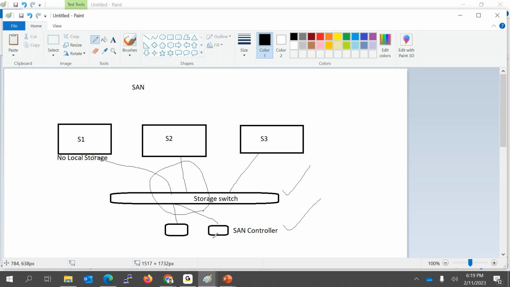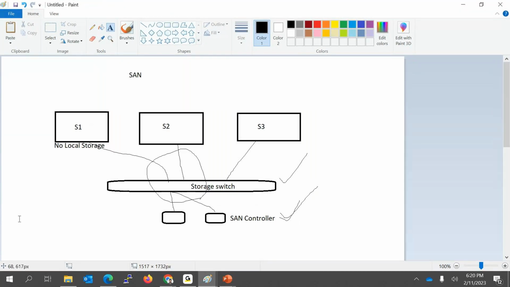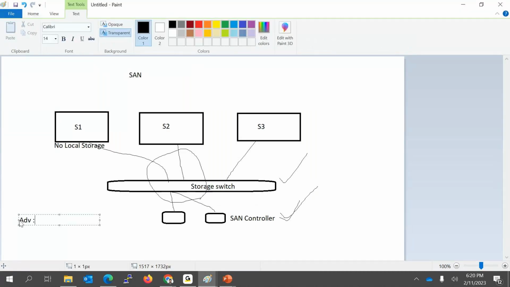Now the shared storage problem got sorted out. If you need more storage or want to expand your existing storage, you can do it easily from the controller. So the advantage here is shared storage.